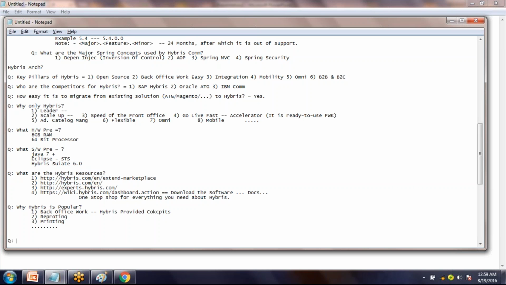So most of them are confusing. What is Hybris? What is Hybris C2C? What is marketing? All these things. Okay, so if you look here, the point is, we have two SAP Hybris products.